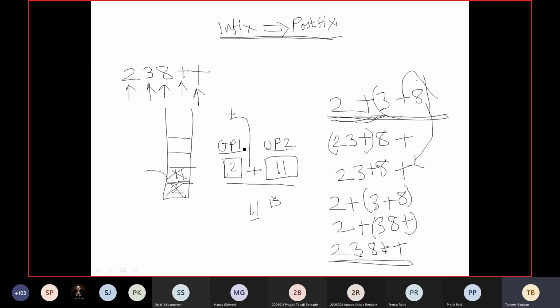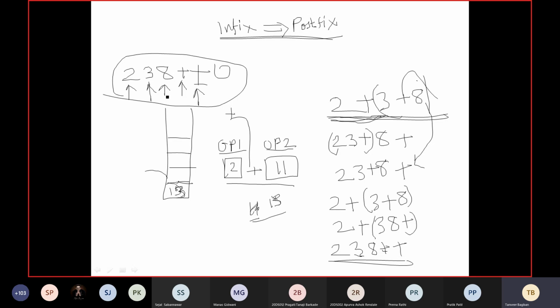So the plus operation is performed on 2 and 11 because here you read plus. So 2 plus 11 is 13. 13 is pushed back into the stack. Now nothing is remaining. So whatever the contents of the top of the stack are, the top of the stack contents is 13. So that is the result of